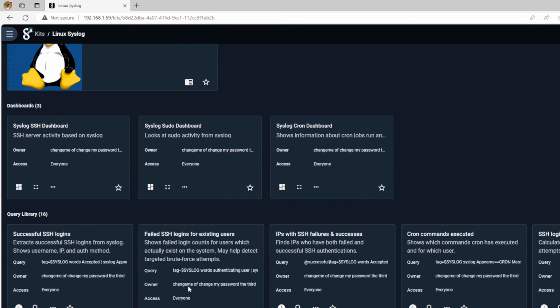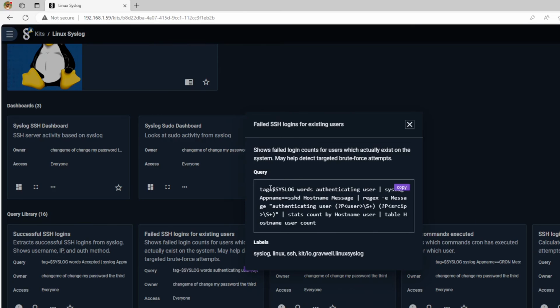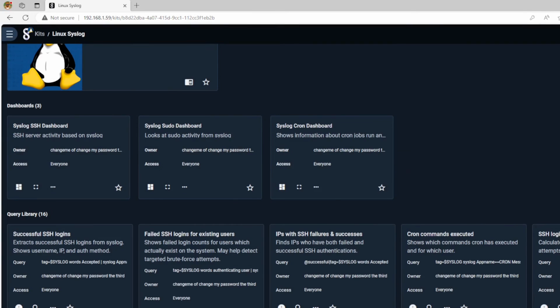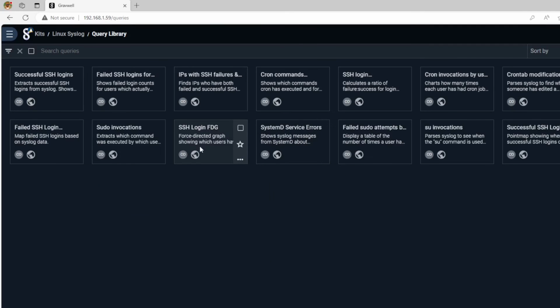For example, if I want to run this query library, I can just go hit this. And there's my query to know what I need to do to be able to write a query for checking for failed logins for existing users. There's more of those. There's SSH, failed sudo attempts, et cetera, et cetera. I'm going to go back